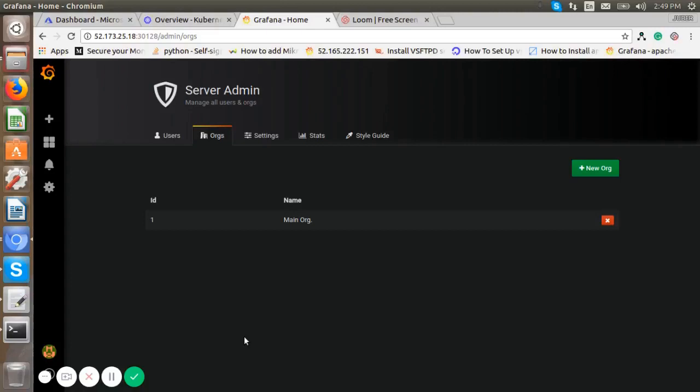Assume that we have two organizations. Suppose one is the ReactWorks organization and another one is the data server organization. So CPU and memory resources are monitored by the ReactWorks organization, and network and file system resources are monitored by the data server organization. So the conclusion is that using the Grafana organization feature, we are able to monitor particular resources.